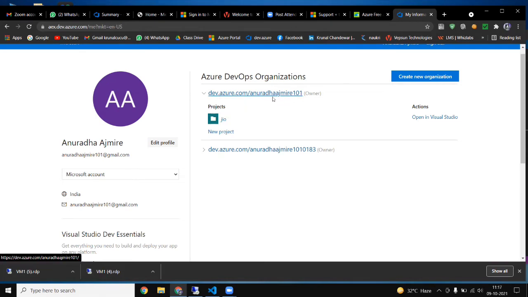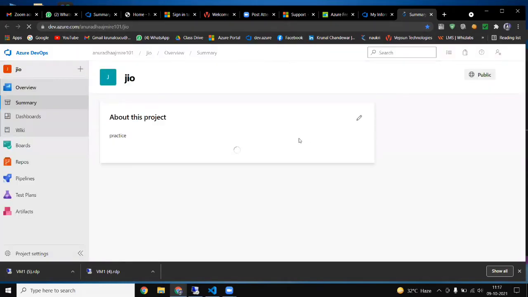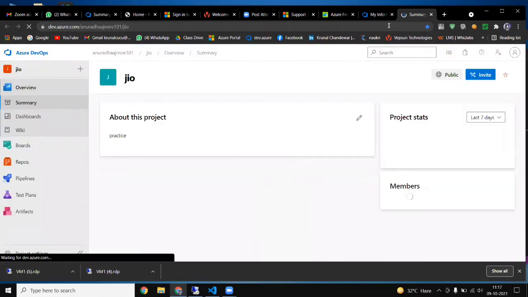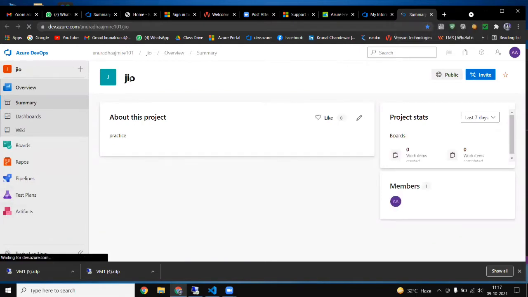Under this organization I made one project with the name Geo. When I click on this Geo, my organization opens, and in the beside window the organization is opened.